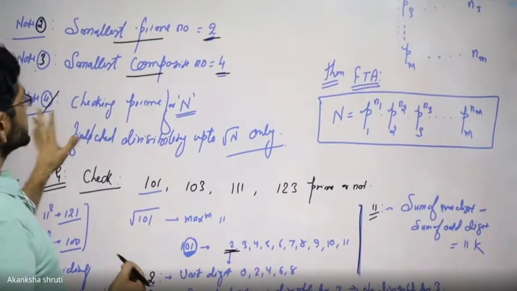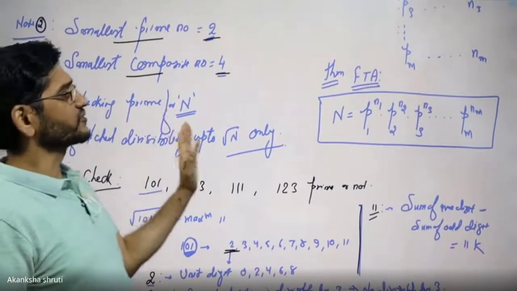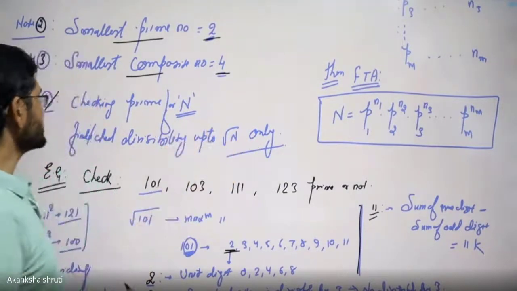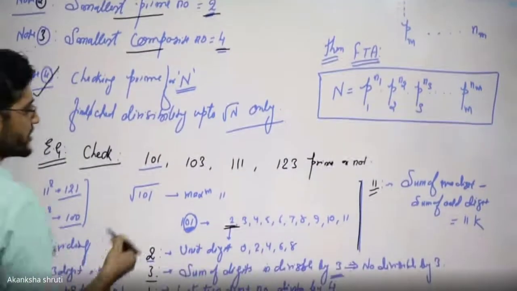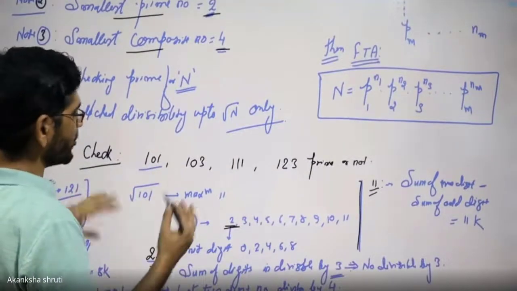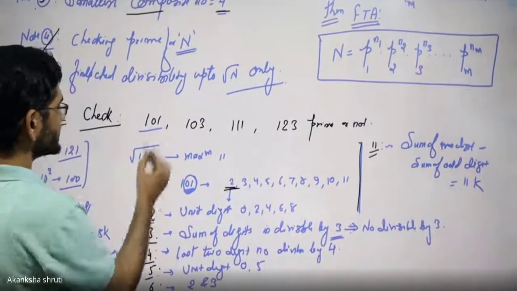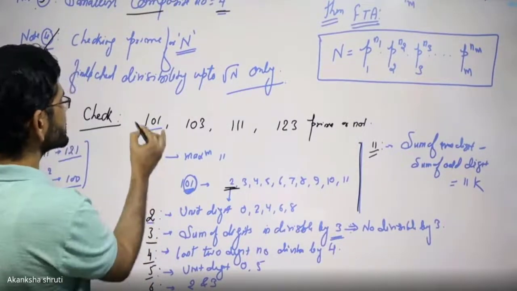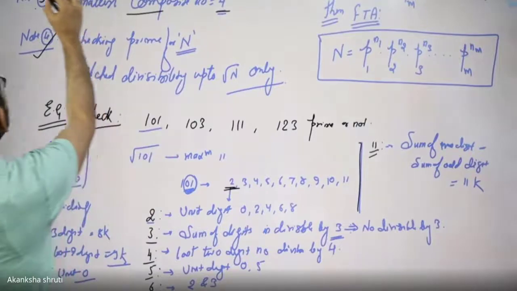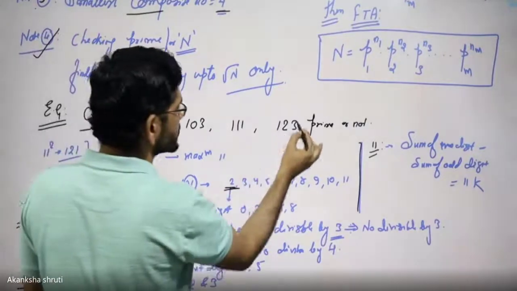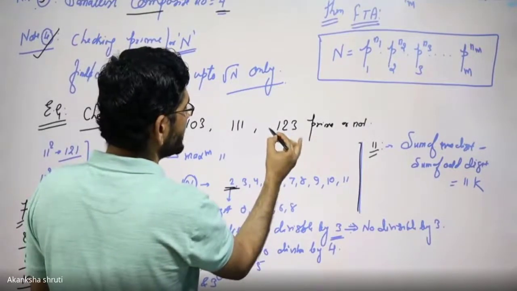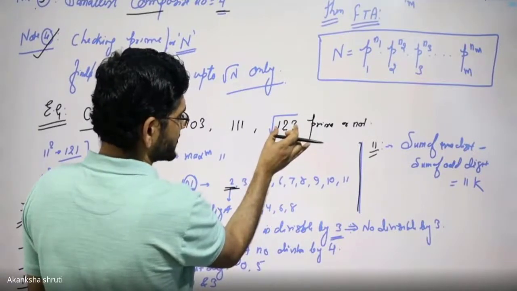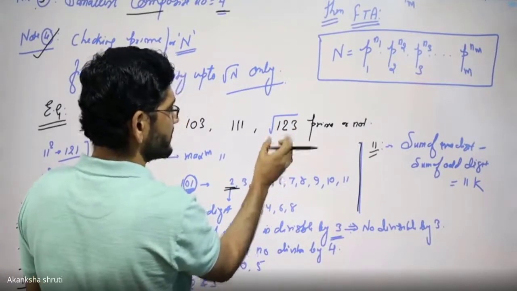Then checking whether the number is prime or not, whether it is divisible by some number or not. For checking the composite, there is no need to search for division by all the possible integers. Rather, whatever number is given, we have to take the square root of that number. For example, if we consider the square root of 123, for checking the factors by which it is divisible